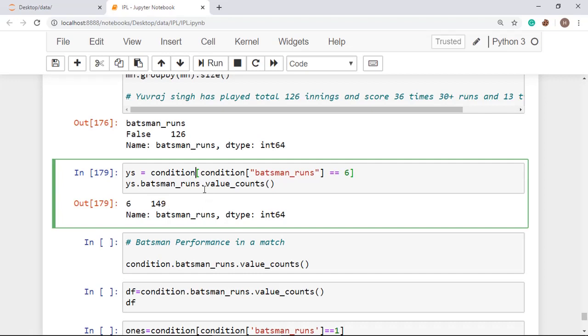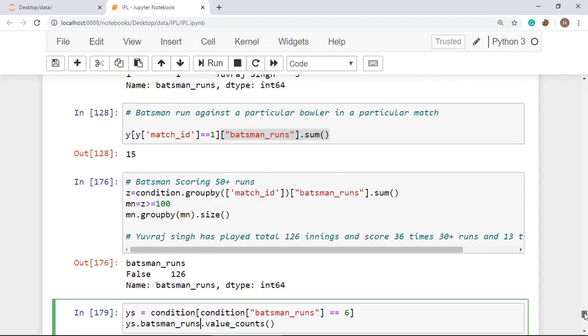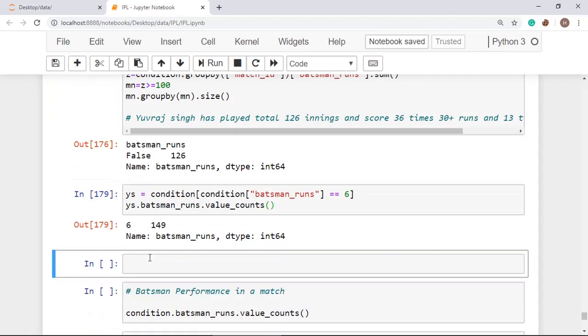And for a particular match, how many times Yuvraj Singh has scored a 6 or something, we have to go for this. First of all, if we want to calculate how many times Yuvraj Singh has scored sixes in individual matches, then what do we have to do?